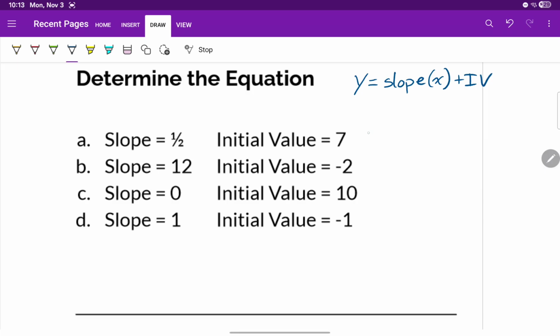So in my first one, it's going to be y equals my slope, which is 1/2, I put my variable, plus my initial value. In my second one, it is going to be y equals my slope times my variable plus or minus my initial value. In this case, since it's -2,